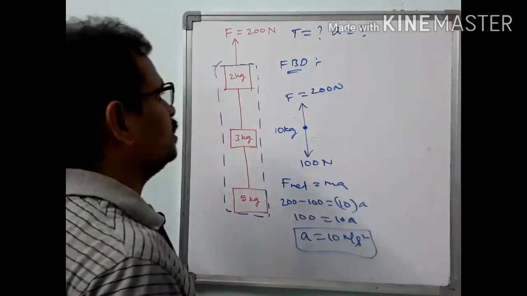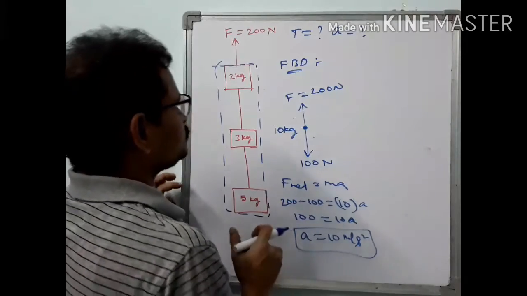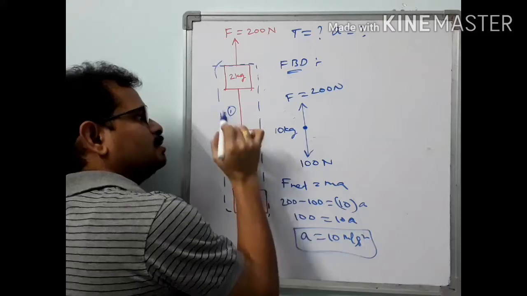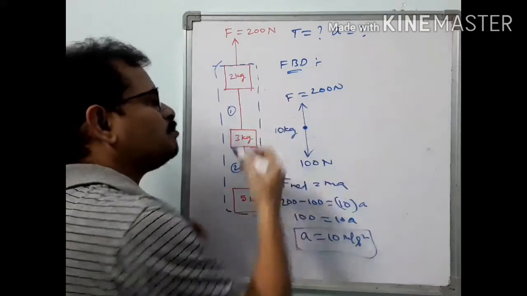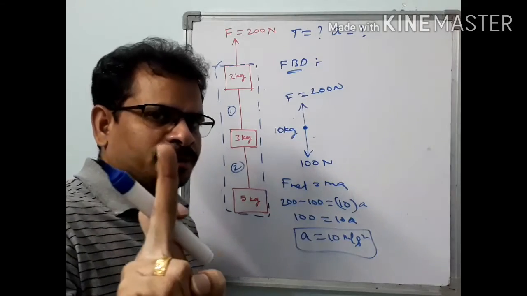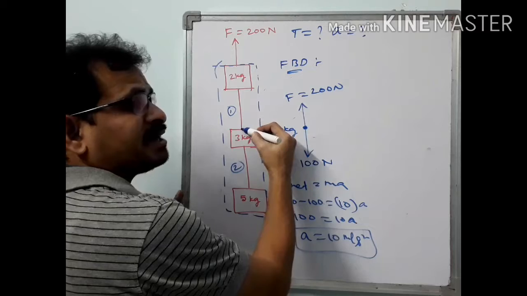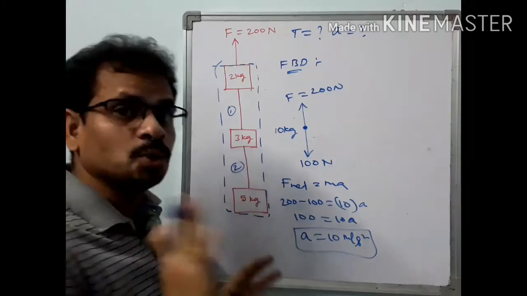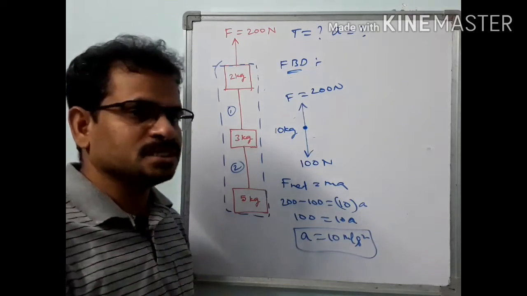Got it? Yes, simple. Next, our target is to find the tension in the ropes. Now see, how many ropes are there? This is rope 1, this is rope 2. From one end point to another end point, we should consider as a rope. This rope starts at this point and ends at this point, in contact with another block. Again this rope starts at this point and ends at this point. So there are 2 ropes here, so there are 2 different tension forces in the 2 ropes.